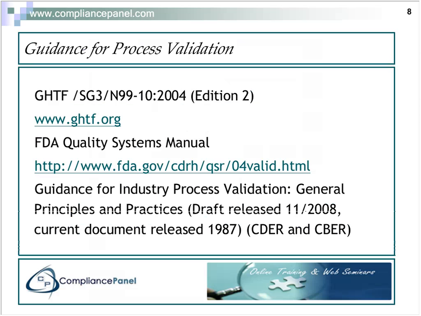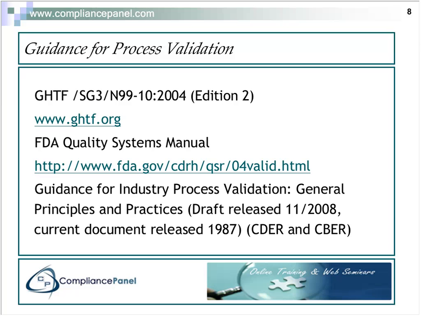So what we'll find, the main document that's available today to guide us in process validation is the document GHTF/SG3/99-10/2004, which is the second edition of the process validation guidance from the Global Harmonization Task Force. This document is available for free at www.ghtf.org. It's a very important document to have on hand as part of your quality system documents in order to adequately